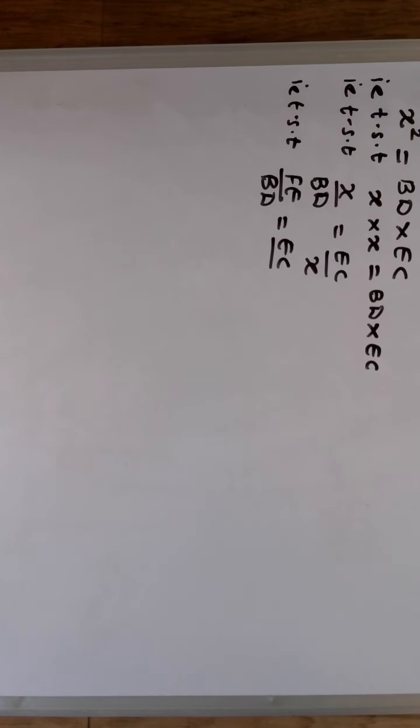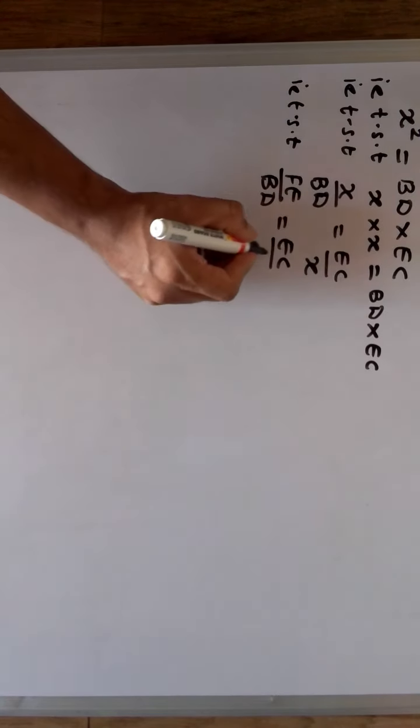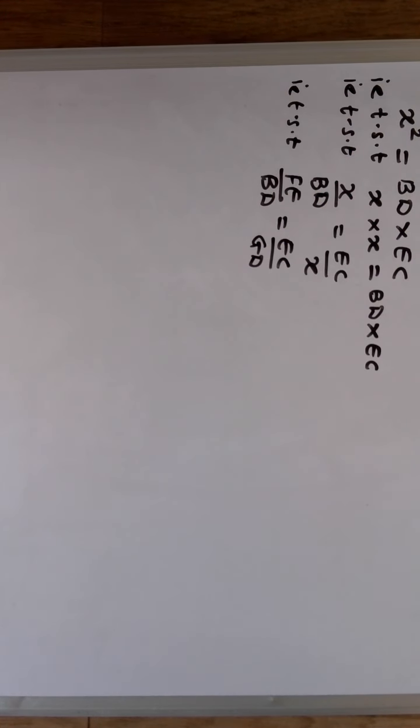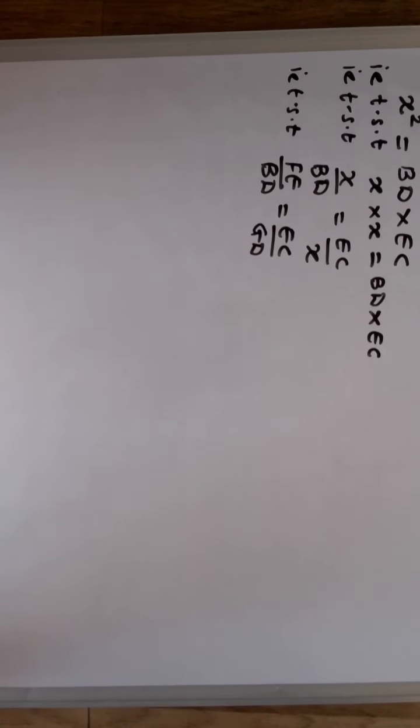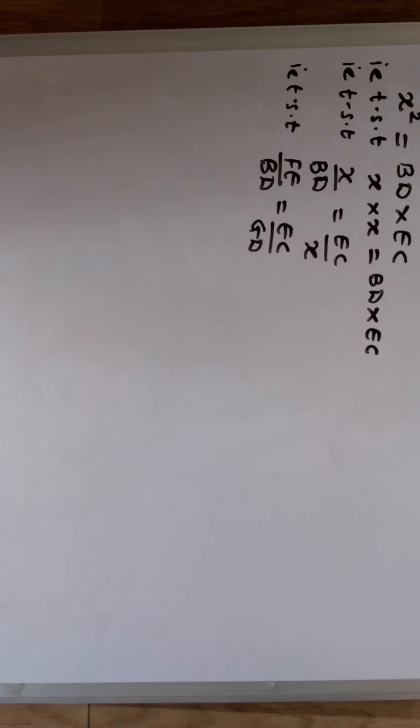Now BD forms a triangle with whom? BD forms a triangle only with GD. In the figure you see, it forms a triangle only with GD. That means, in short, you just have to show that FE is to BD is equal to EC is to GD. That means FE and EC form triangle FEC, and BD and GD form triangle GDB. Right? Now if these two triangles are formed and their sides are to be proportional, then obviously I have to show that these two triangles are similar.